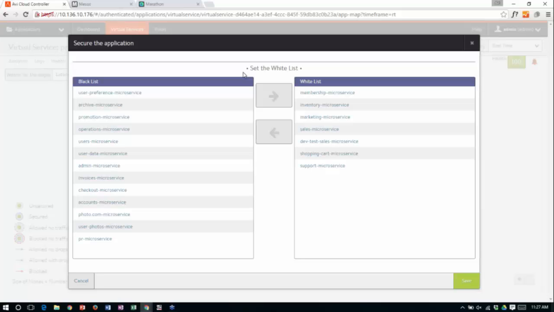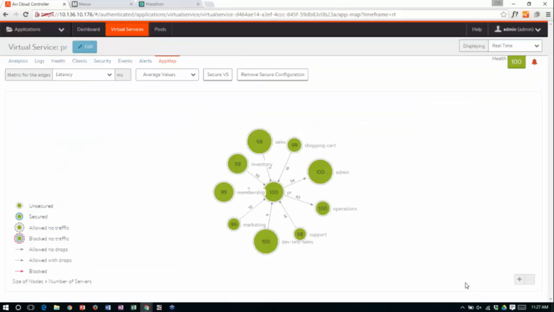So if I have 100,000 of these microservice containers across maybe 10,000 microservices in my environment, but only 10 of them on a given day talk to me, then I don't have to parse through that large set of 10,000 microservices. I already have the 10 that talk to me on a daily basis. That's right, Guru. You can just operationalize it right here, or you can tweak something saying, hey, the dev test microservice isn't allowed to talk to this application. Yeah. So I'm going to disallow it and operationalize that view of the world.